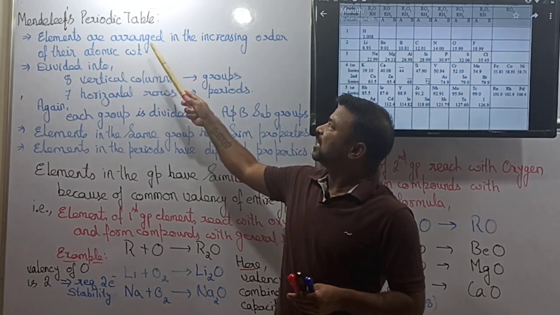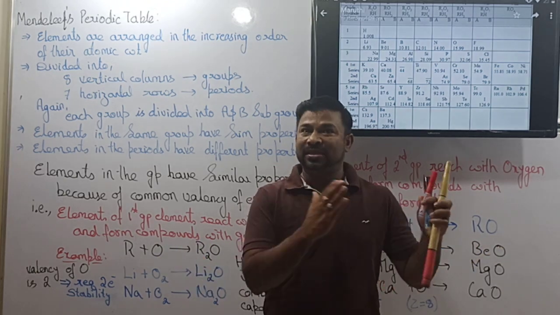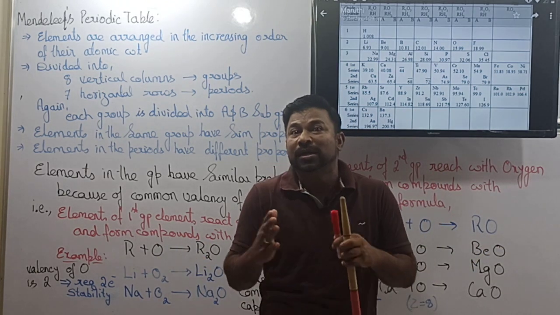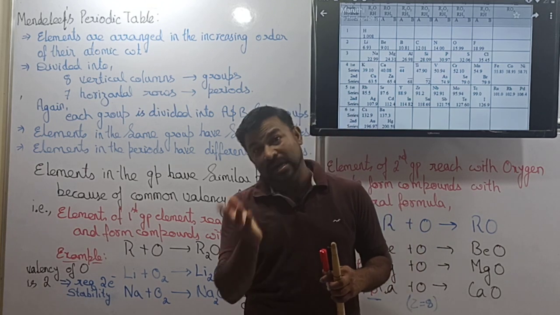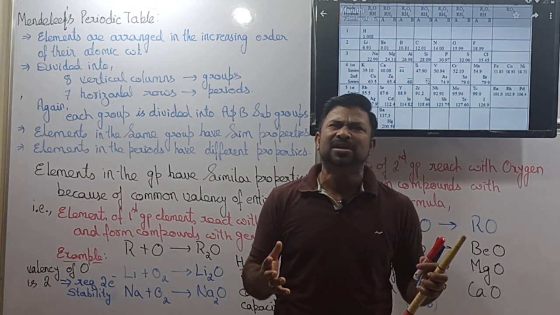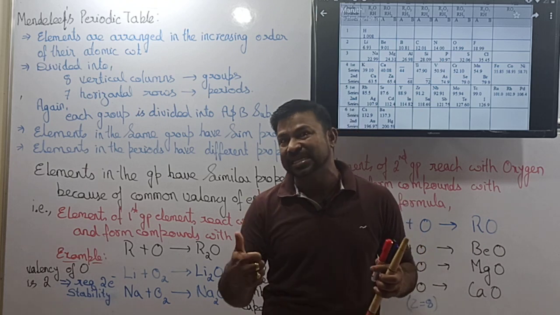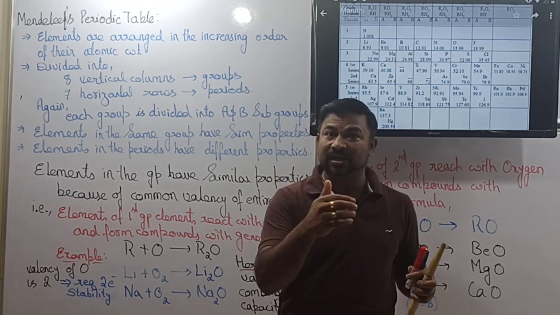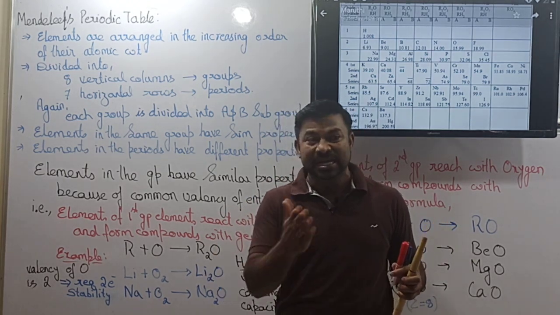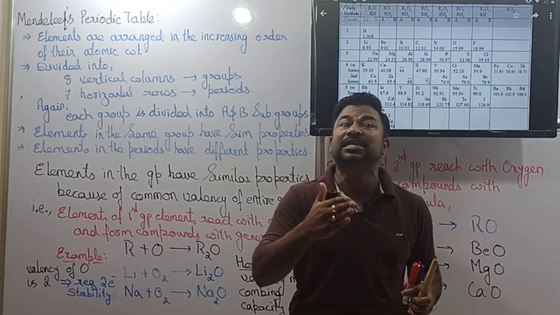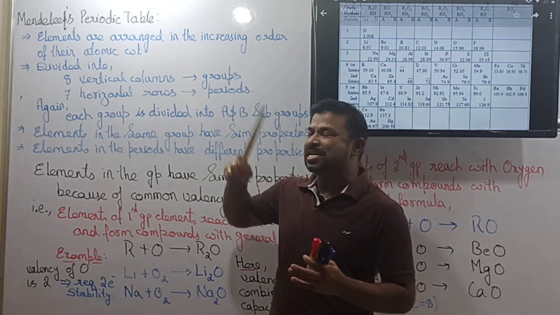That is, elements are arranged in the increasing order of their atomic weight. As you all know, at that time, the only chemical property known by everyone was atomic mass or atomic weight. Earlier they used to discuss physical properties, but they didn't classify the elements as needed, as successfully. The main thing is properties. Now, Mr. Mendeleev has taken the first property, that is atomic weight. He has arranged the elements in the increasing order of the atomic weight or atomic mass. That is the first point you can see here.